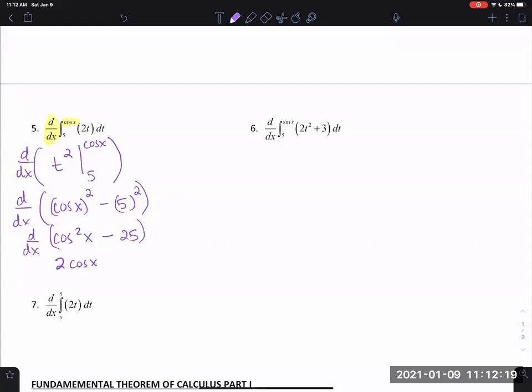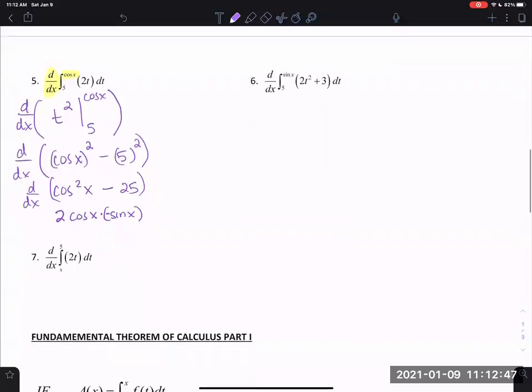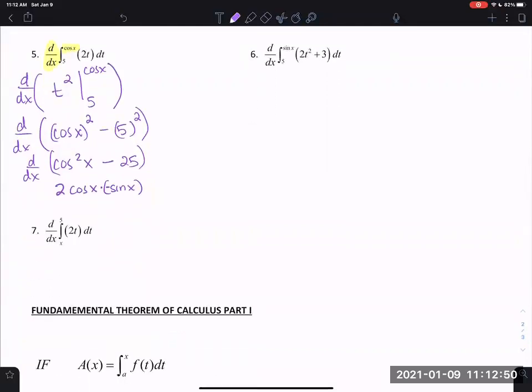And then what do I have to do? Chain rule, everybody, chain rule. So the 2 comes down in front. I take 1 away from the exponent, but then I have to take the derivative of the inside, which is negative sine x. And then the derivative of 25 is 0. It's a constant. All right, so let's look at what we have. So I have as a final answer, maybe to make it a little bit neater looking, I'll take the negative out front. Negative 2 cosine x